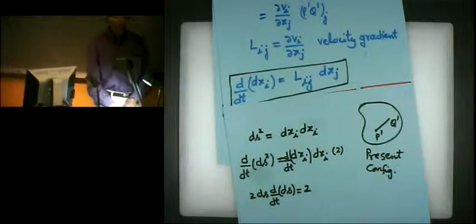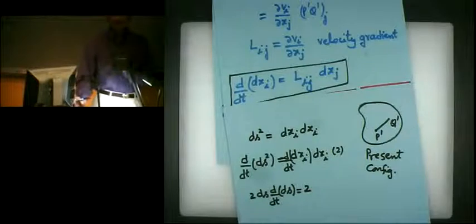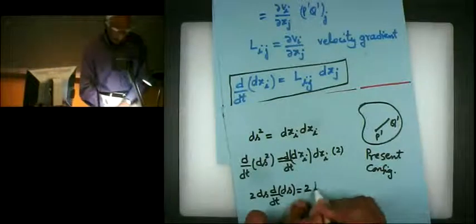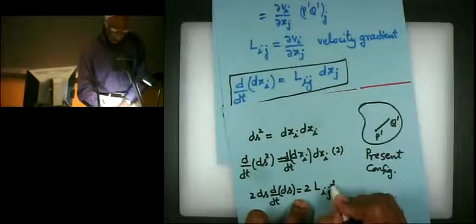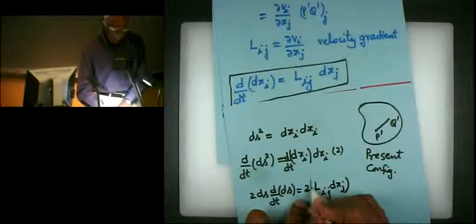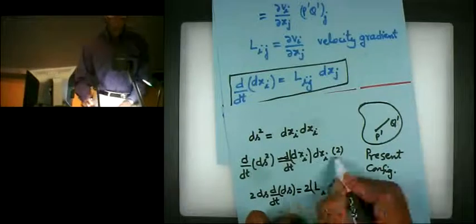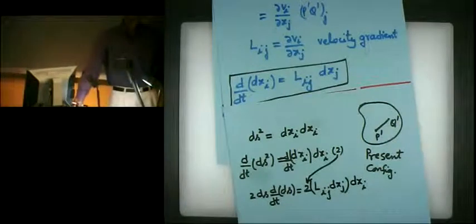d over dt of dxi is the time rate of change of the vector p prime q prime. It's not the length of p prime q prime, it's the vector p prime q prime. So the vector can change, as one of you told me last time, because its length changes or its direction changes or both change. Okay, so this is then twice Lij dxj. So that's the first term, dxi. So this two I copied here. Does it make sense?